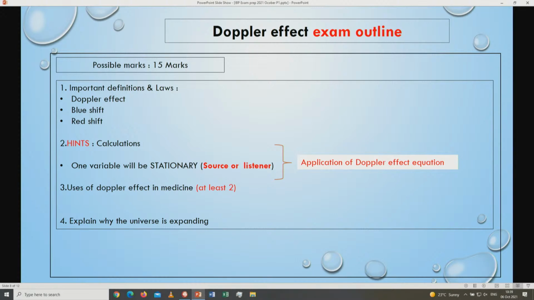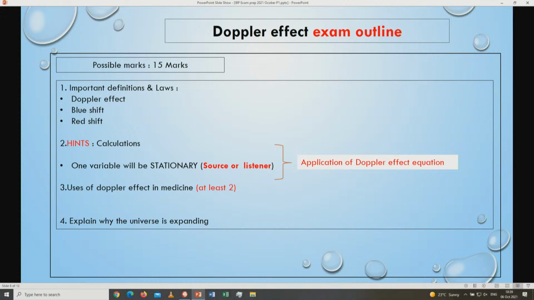So let's ensure that whatever we do, we look into a way of saying, am I able to give at least 2 uses of the Doppler effect when asked to do so. So one will be to measure the rate of blood flow, measure the heartbeat of the fetus, and it can also be used in speed traps for controlling traffic and so on. So at least know 2 that you are sure of, especially in the medical field. If you are able to give those, then I believe everything will be fine with us.